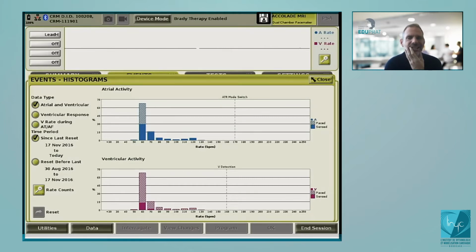Okay, so you see here the data at the level of the atrium and at the level of the ventricle. You will see if it's paced or sensed. It's important to know if there is an acceleration or not of the rate. And in this case, if there is dyspnea in a patient, of course, that's data that we will immediately have a look at. If the patient is symptomatic during exercise, this is where I will have a look to know if there is acceleration or not during exercise. So if you close,